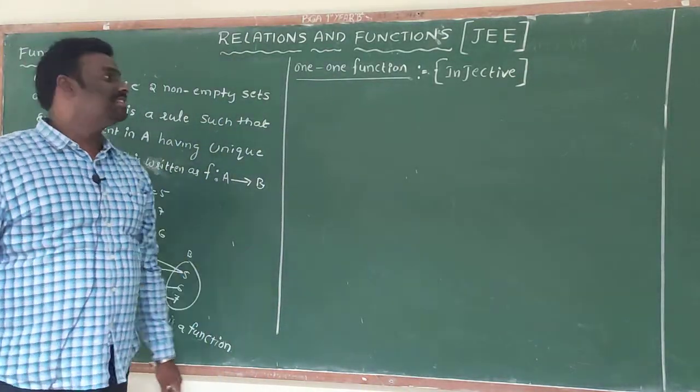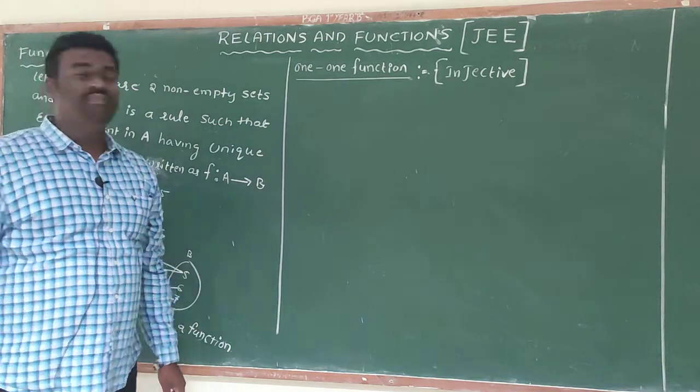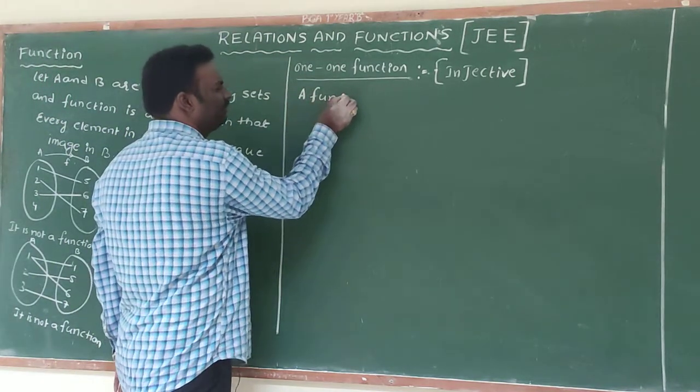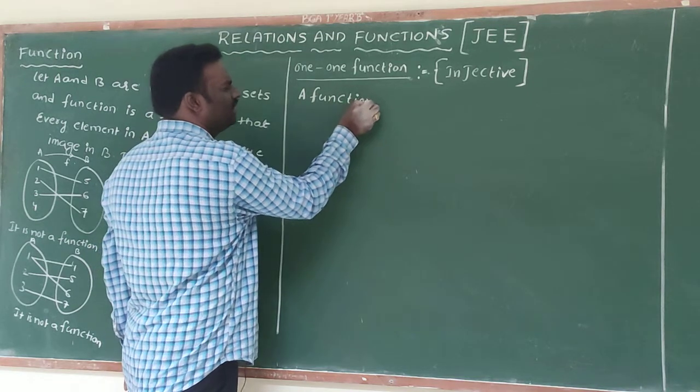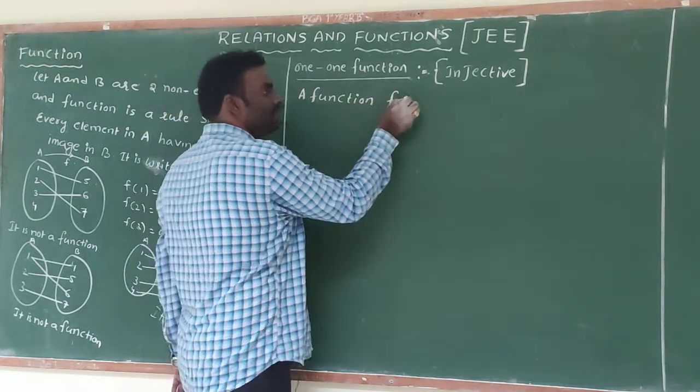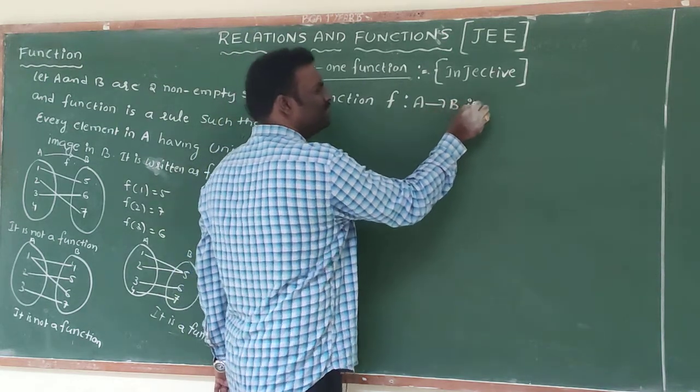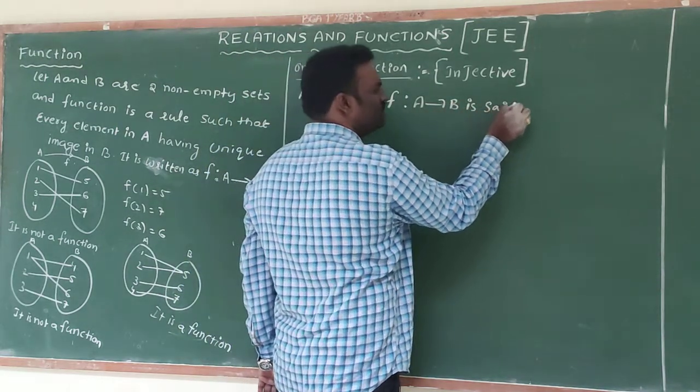Okay, let us discuss what is meant by a one-one function. A function f mapping from A to B is said to be